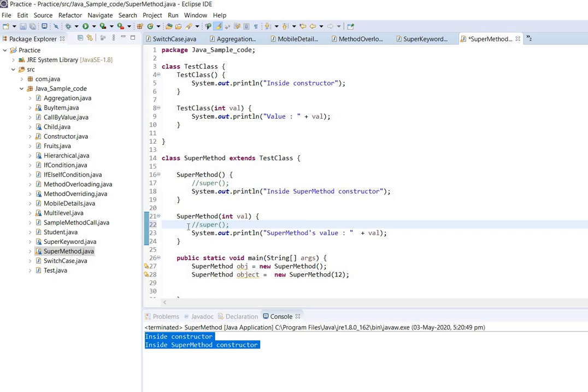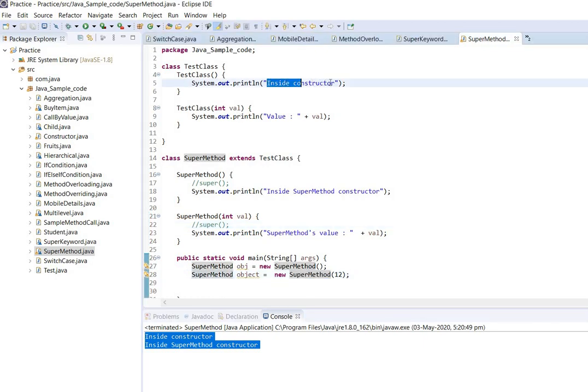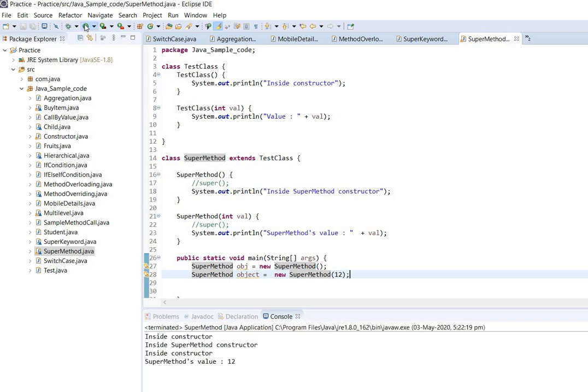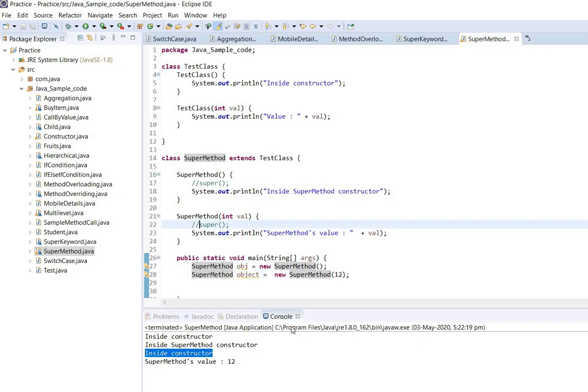So if I comment it out, first it will print these two, and when it comes to this object, again it will first print "inside constructor" and then "SuperMethod's value", which is 12. So let's run it. See, this is because internally it will be treated like this, whether we are passing super or not. Internally it will be treated like this only.